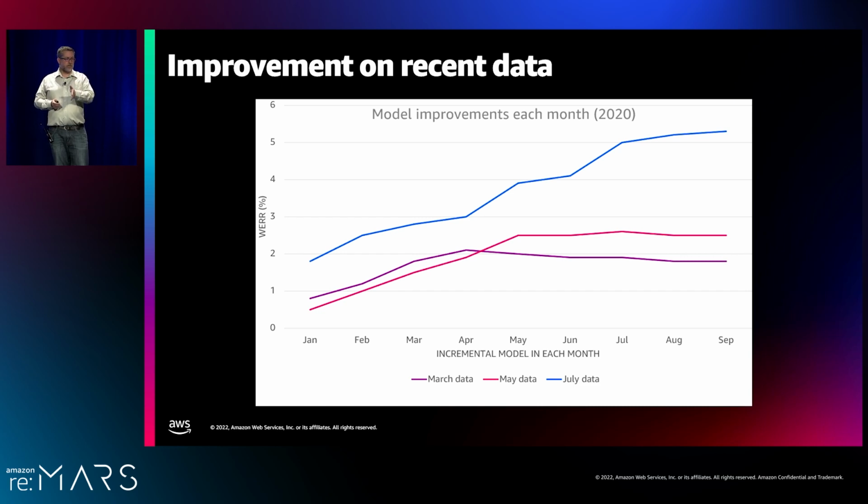And as we get closer and closer to the month of the test set, we finally hit the point where we've learned all the important things we need to learn. And then training on subsequent months doesn't really improve the performance for that particular month. But you can see that the trends are always shifting. So that's why the July line doesn't plateau out until much later, because things are always changing. So we have to continually run this process to keep the model up to date.